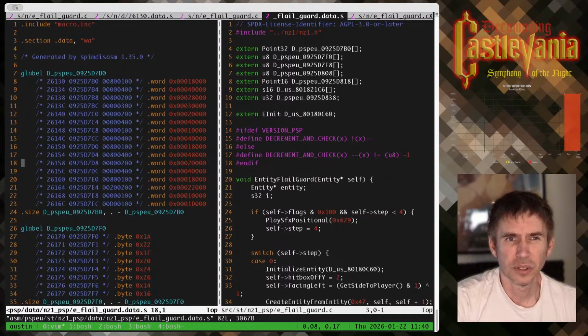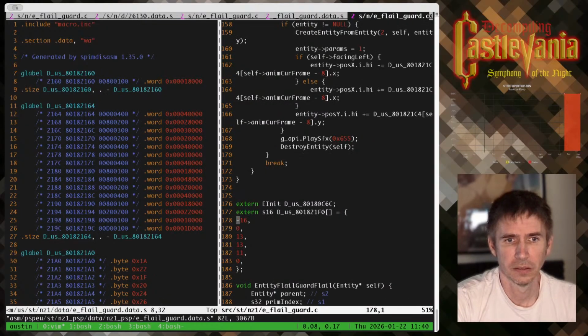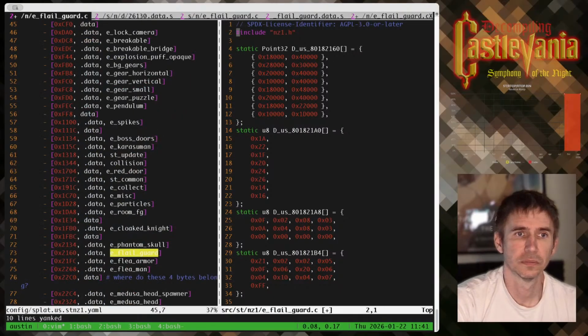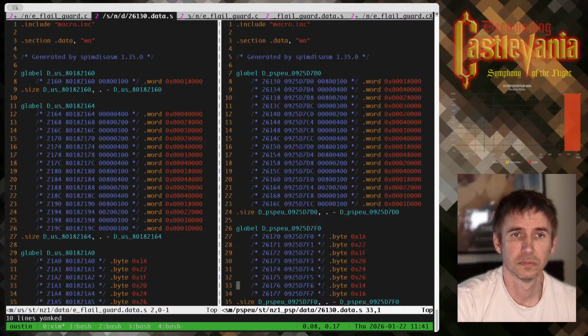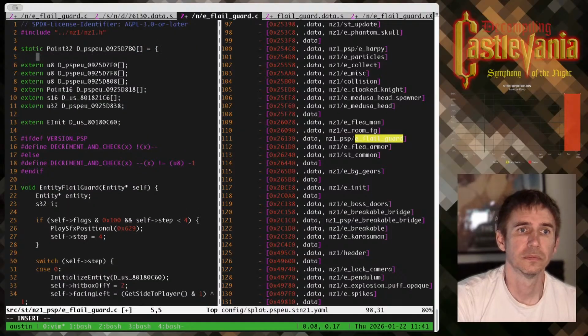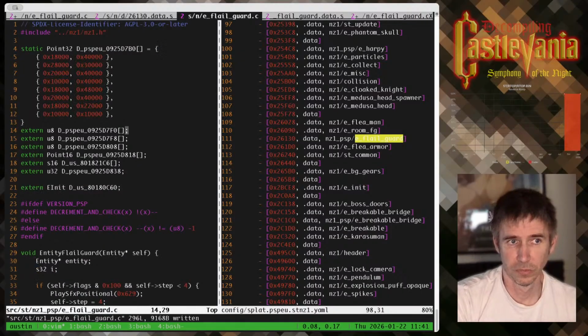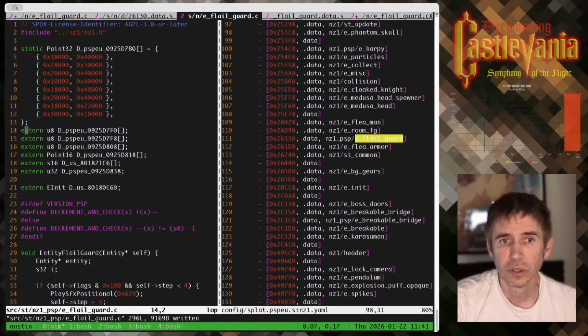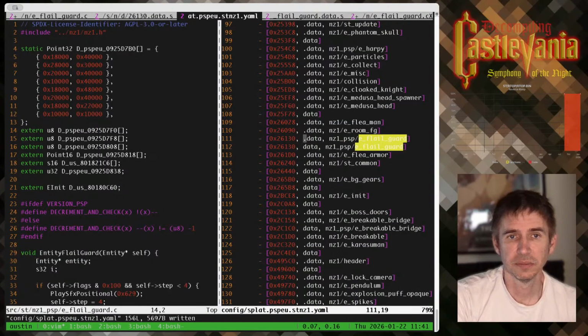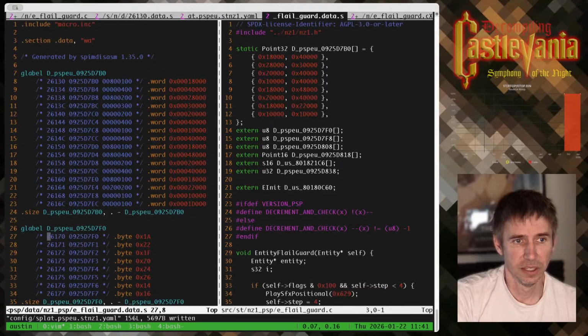So let's go grab it from here. And we're going to do the same thing: copy this entry, change one to .data, and then as we go through,